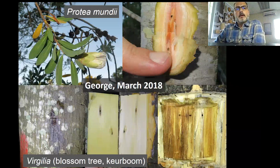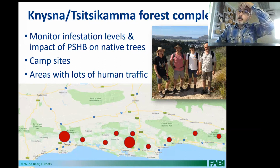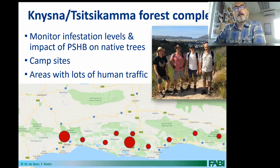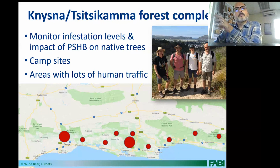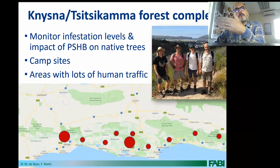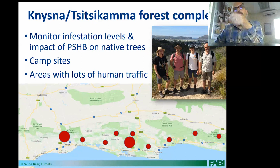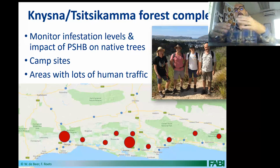Then some protea species, and then especially Virgilia, we're really concerned because Virgilia is a pioneer species in our forests, and there we're really worried about what the impact might be in the longer term. So we've got 3 research projects, 2 down in the Tsitsikamma around George, Knysna, and right to the end of the Tsitsikamma forest on the eastern end, but then also in the KwaZulu-Natal area at 28 sites from the south to the north of Durban. And here we are monitoring and trying to, over a 2-year period, this was seriously hampered now, our monitoring efforts with COVID, to understand what the impact on different species is and also how the beetle is spreading into the